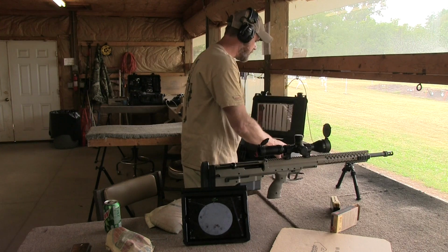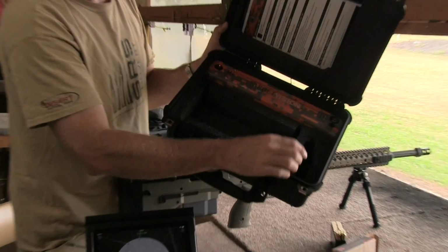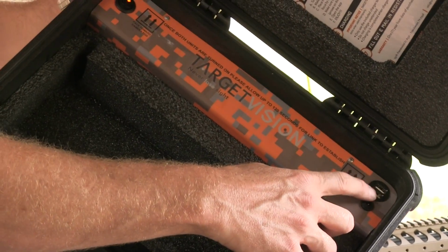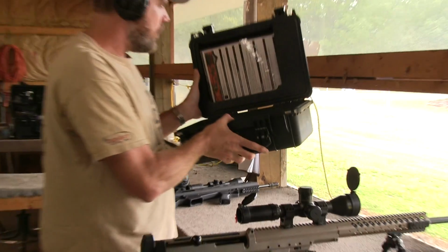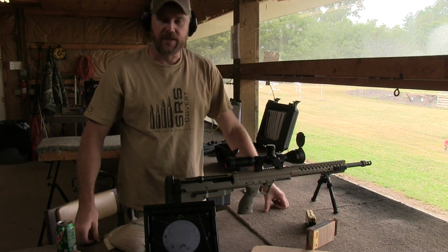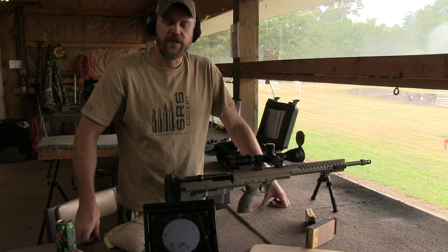Now, something else I want to show you with the base unit, see if Dave can zoom in here, but this battery pack right here was also the Wi-Fi hub, but it also has 2 USB ports. Now, one of the things that we noticed the first time we had it out to the range was that this system has an extremely long battery life. They're telling us it's 16 hours. We're out here shooting for about 6 hours straight, and the batteries were still working just fine on the first